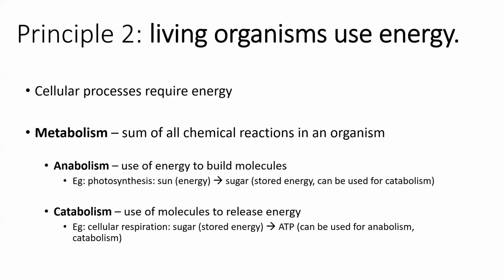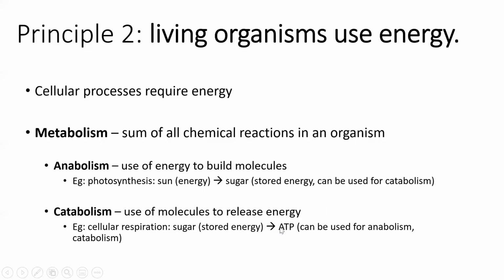The organisms that undergo photosynthesis can utilize it themselves, or we as organisms that do not undergo photosynthesis will utilize that stored energy. In terms of catabolism, the big example that we're going to be talking about in chapter 6 and chapter 7 is cellular respiration, the ability to take sugar and break it down